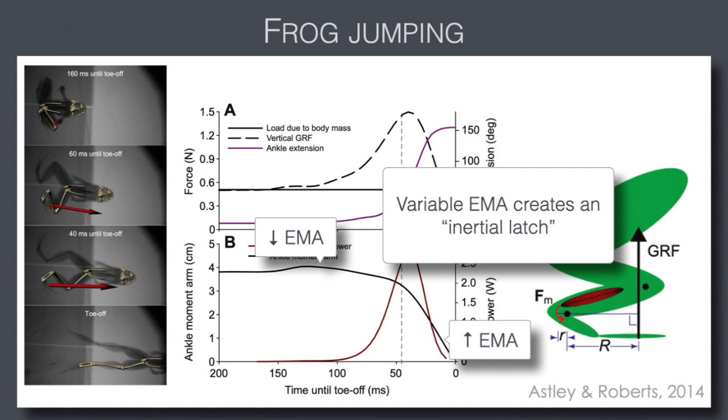Just to use an analogy on stored elastic energy, a bow and arrow is an example of elastic energy storage. You pull on the string and the bow deflects. The storage is primarily in the bow, a little bit in the string, and then you release it. And one thing about elastic mechanisms in biology is the details of how the energy is released. You need some sort of a catch